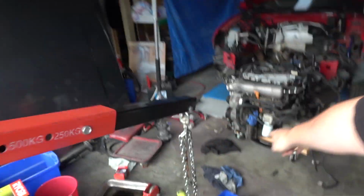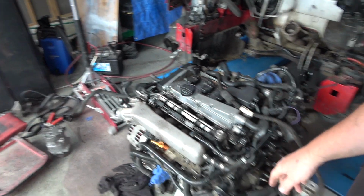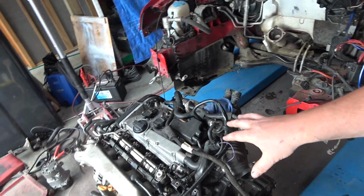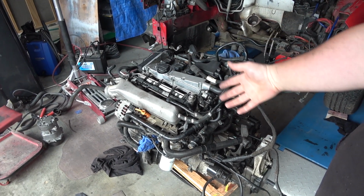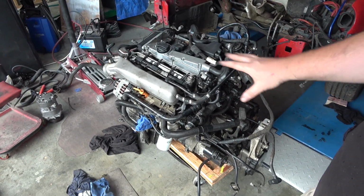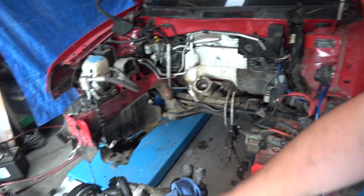We've got the engine all buttoned up. Basically, this actually is the original one, and what was wrong with it was a couple of the brushes in the starter motor were dislodged, so when you tried starting it, it was like a dead battery. But that's been fixed, put it all back together, we've turned it over, it turns over mint. It's got really good compression, everything looks very tidy, so this engine's going back in its hole and we're pretty much ready to do that. So just clearing the space and then we'll get this back in there